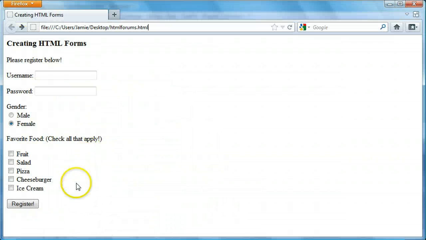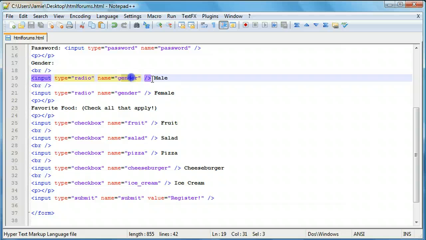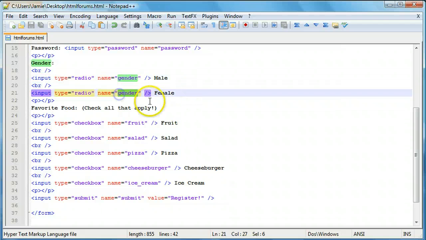So we'll come over here and refresh, and here's our completed form. We'll just erase that here. So you'll notice that our text box here allows us to enter in our name. Our password box lets us enter in our password without it being shown, in case there's someone behind us or looking at our computer or whatnot. The gender box allows you to choose either one or the other because we have the same name associated with it. If we called this one, let's say, MOF for male or female,